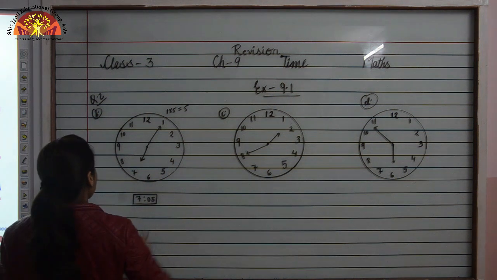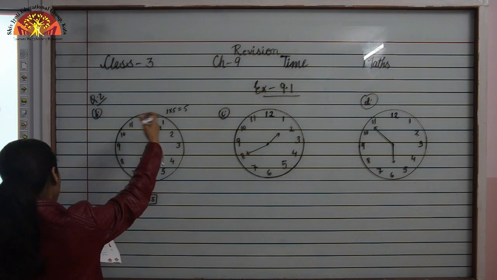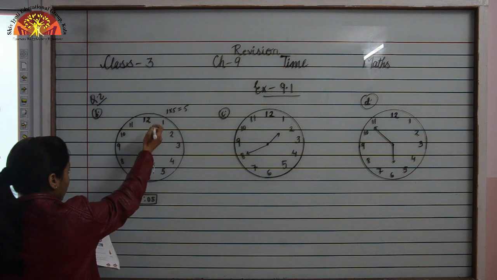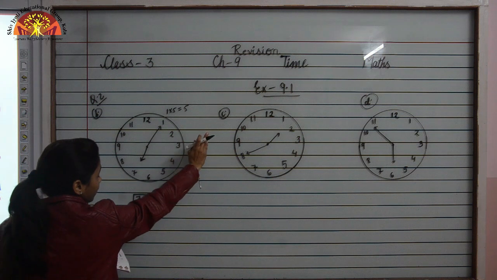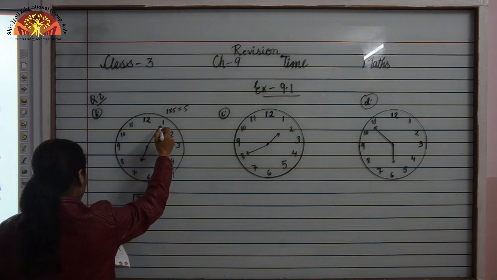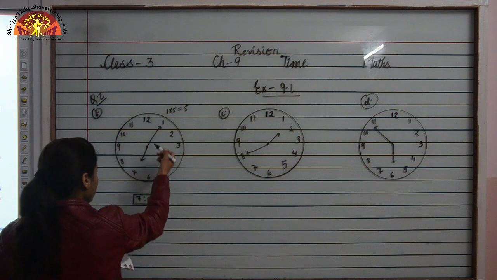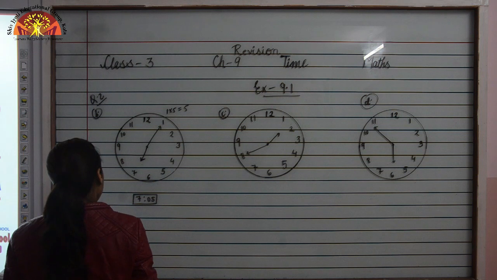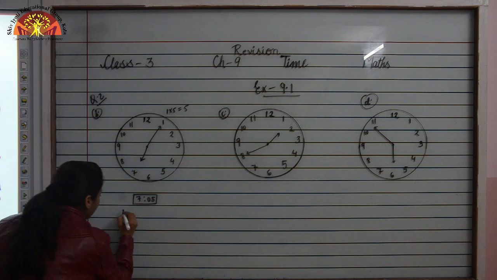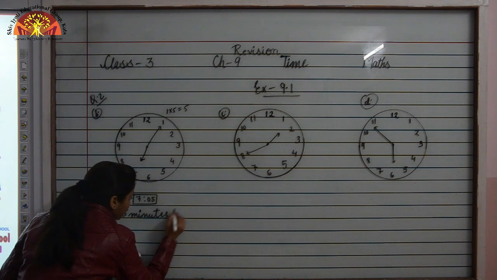When the minute hand is on the right hand side, that is, suppose between 12 and 6 we have a line, so this is considered the right hand side. When the minute hand is on the right hand side, then we read the time as minutes past a given hour. Now how many minutes do we have? 5 minutes, and the given hour is 7. So we will write 5 minutes past 7.